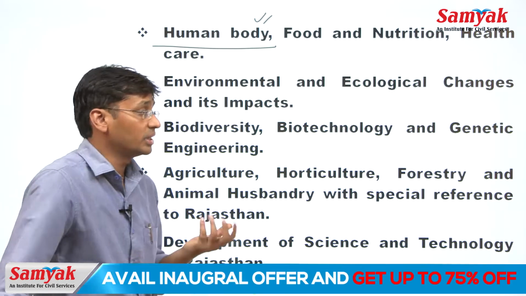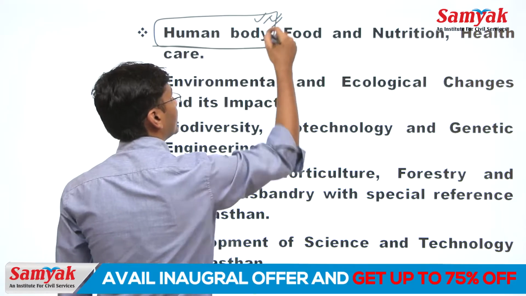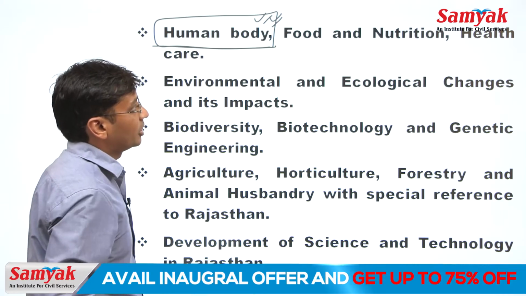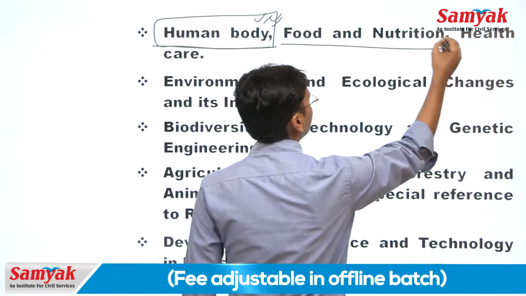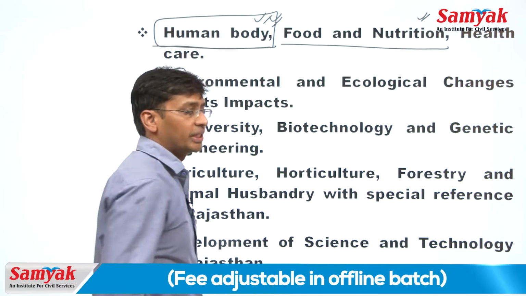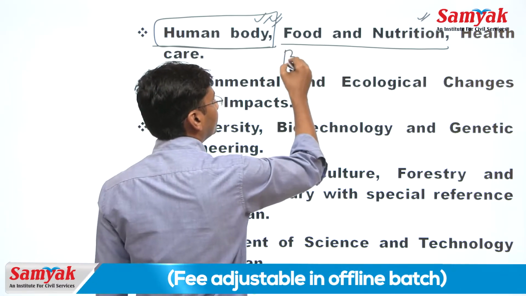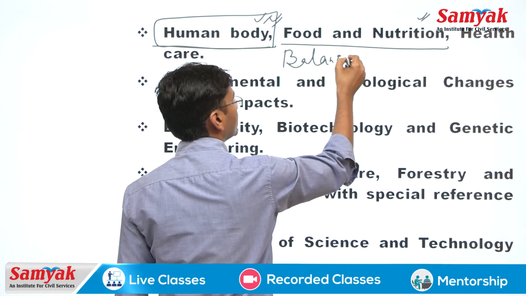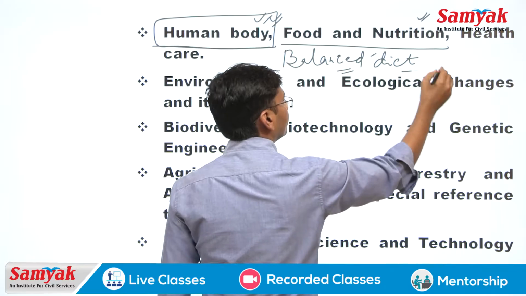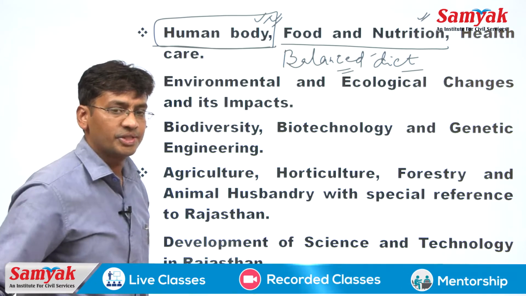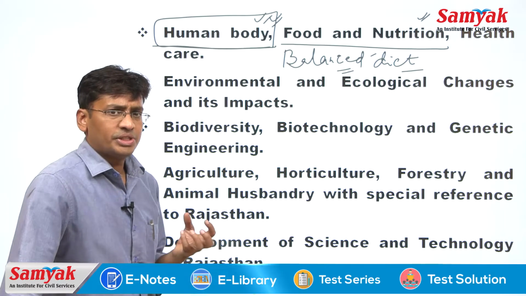So, all these systems related to our body, questions may be asked from these sections also. Then another chapter in this unit is food and nutrition, where we will discuss the food, that is balanced diet and unbalanced diet, what is a balanced diet, what is an unbalanced diet, okay. And the nutrition, that is a discussion over carbohydrates, proteins, fats, vitamins, minerals, all those things can be asked